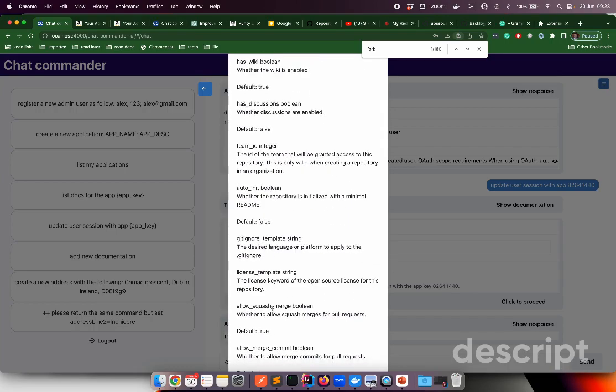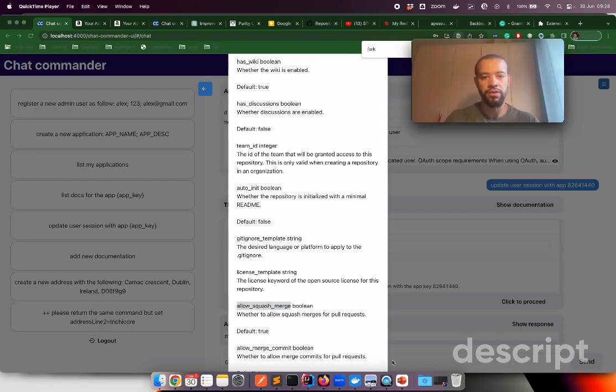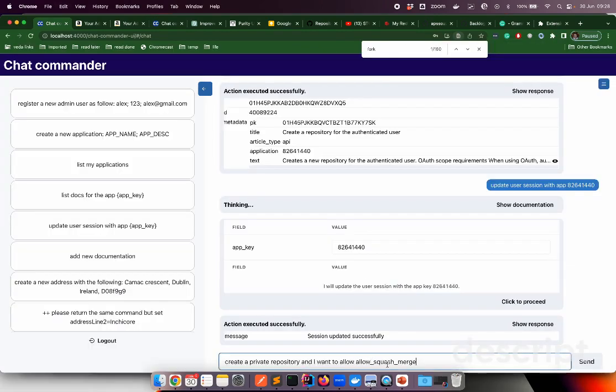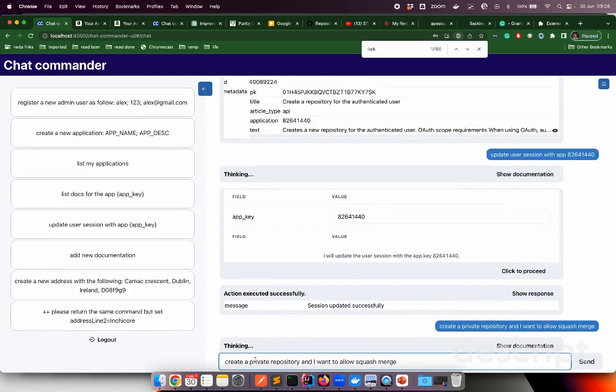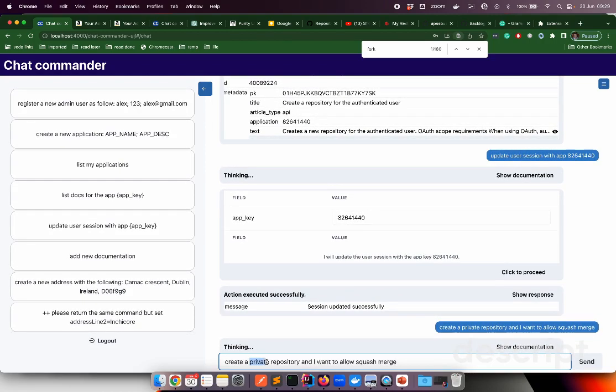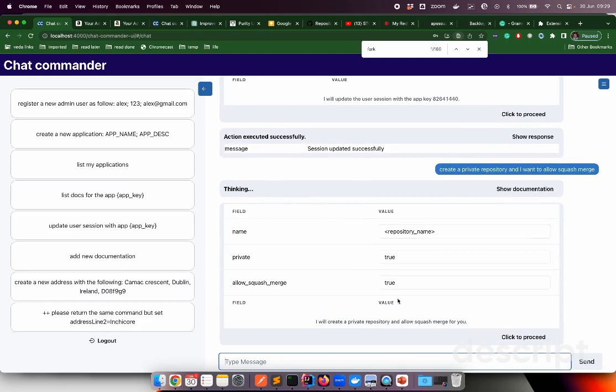Oh, allow squash merge. Let's copy this. And I want to allow squash merge. All right, let's see. So what I'm saying here is that I can create different repositories, private or public, and I know that you have this flag to allow squash merge or not. And that's it. Oh, I forgot to say the name,